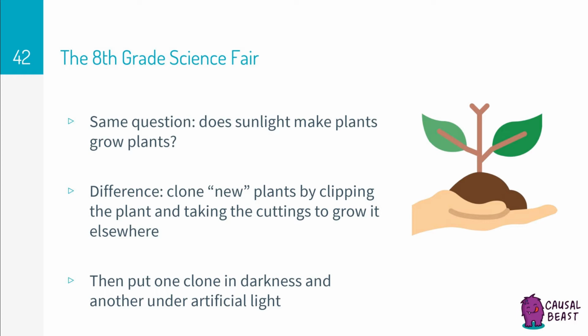The plants treated with light make up the treatment group, and the plants that are not treated with light make up the control group. The treatment variable is the exposure to light, and it can only take on two values, one where the plant is exposed to light, and the other where the plant is not exposed to light. And that's the source of variation in the causal variable, which we made the habit of labeling as the X variable. The outcome variable is the growth of the plant.